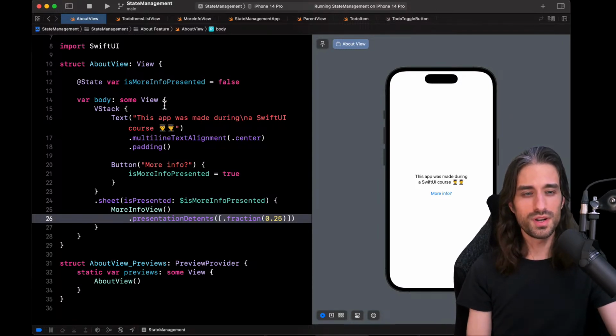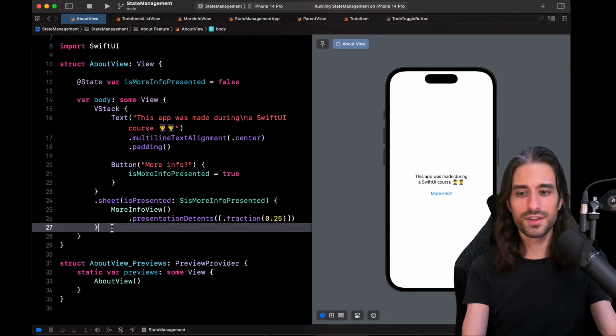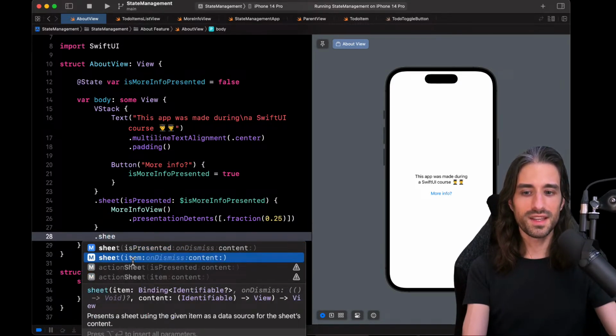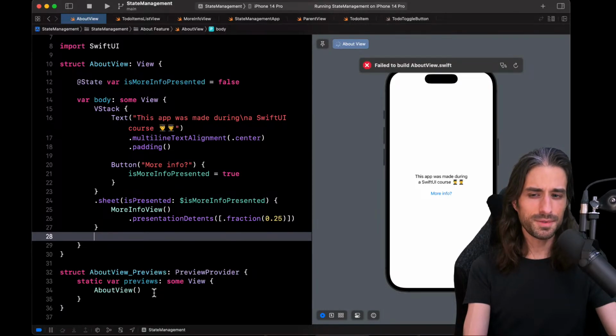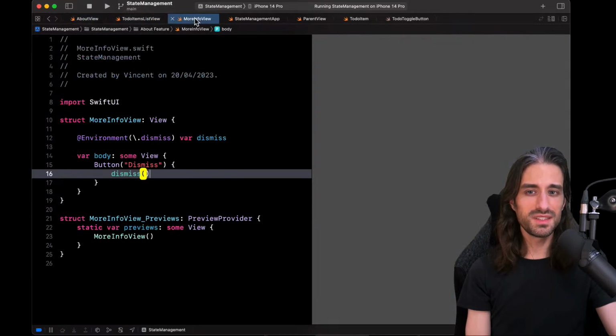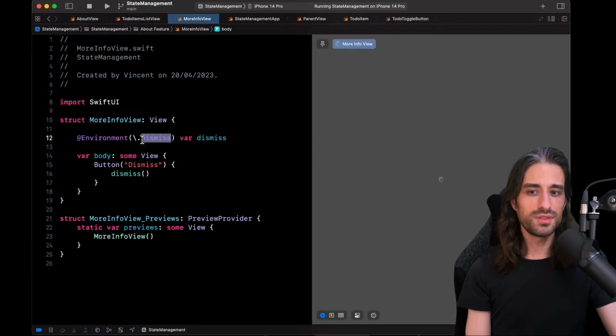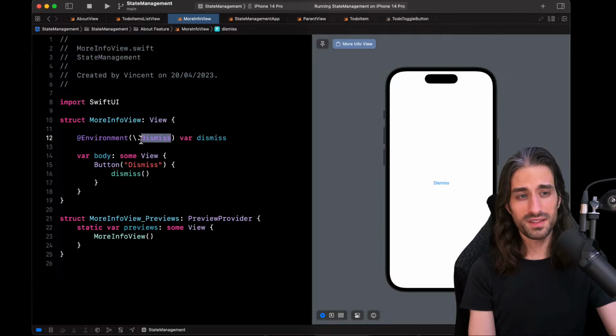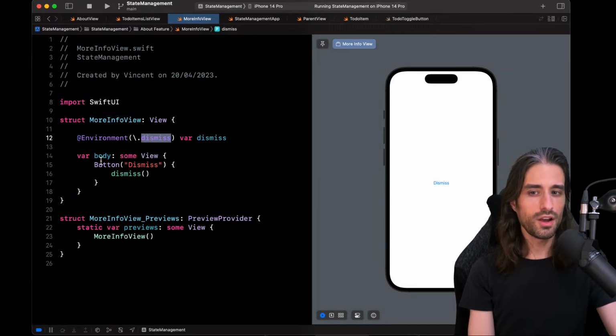I only showed you the boolean, but as an exercise, you can try to use the version of the sheet modifier that expects an item. We saw that when you want to dismiss the modal, you can get the dismiss action through the environment. And next time we will see in more detail how this environment works.